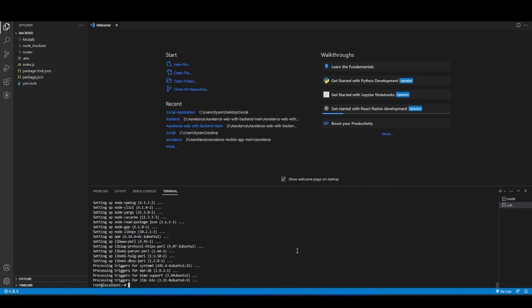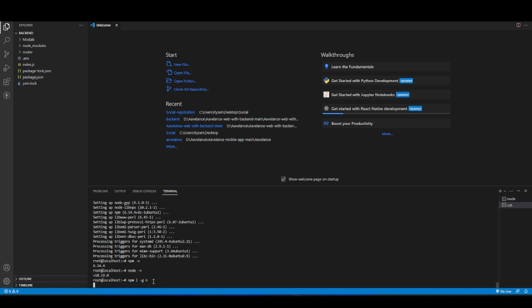Okay, so let's try npm -v, and we got our npm version. Now let's check out our node. So when we install npm, it automatically downloads our node. So we need to upgrade our Node.js. Okay, so we need our latest. So in order to upgrade our Node.js, what we need to do is write npm i -g